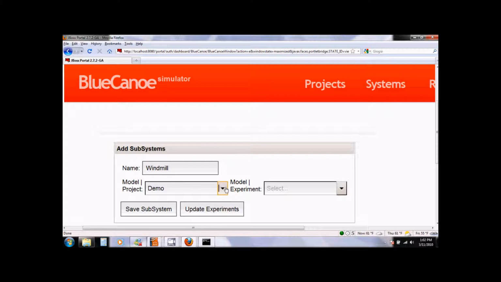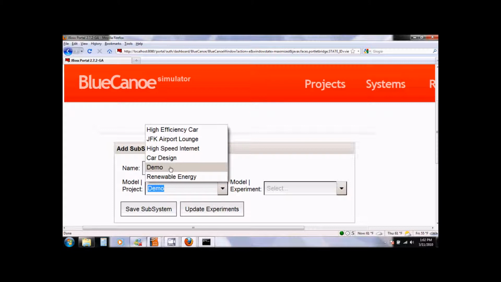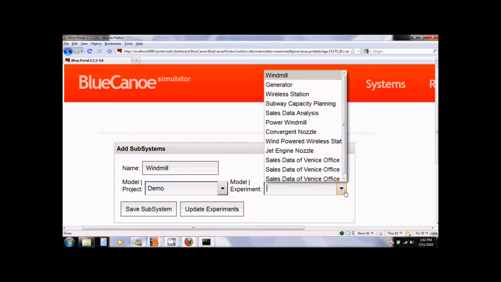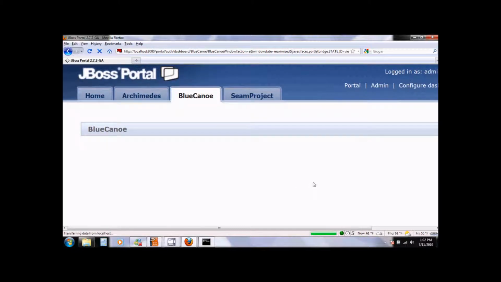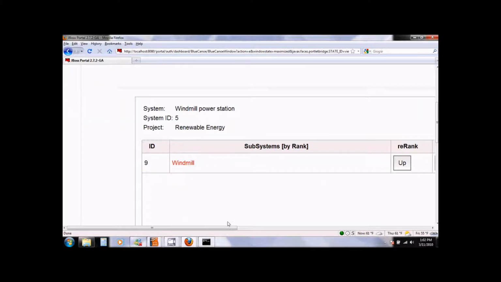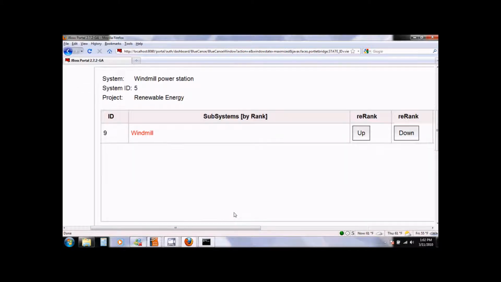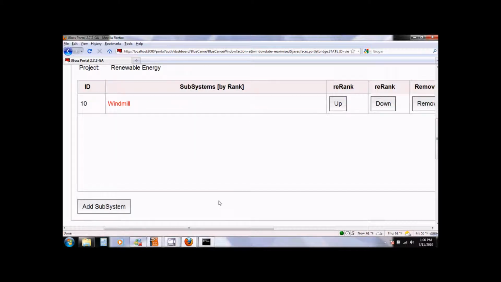So let us select an experiment from the demo project and we will choose the windmill experiment. Then we save the subsystem. We can now see that our subsystem has been added to our windmill power station system.